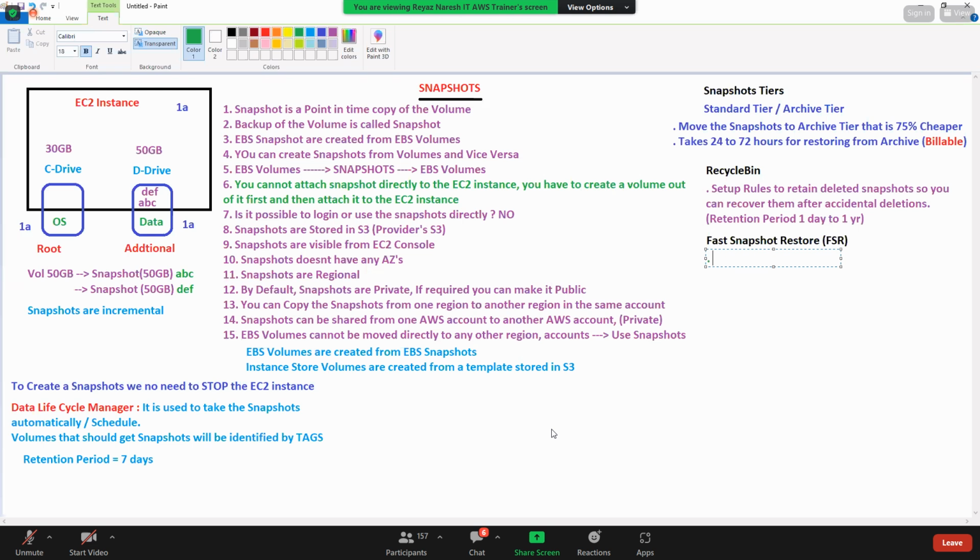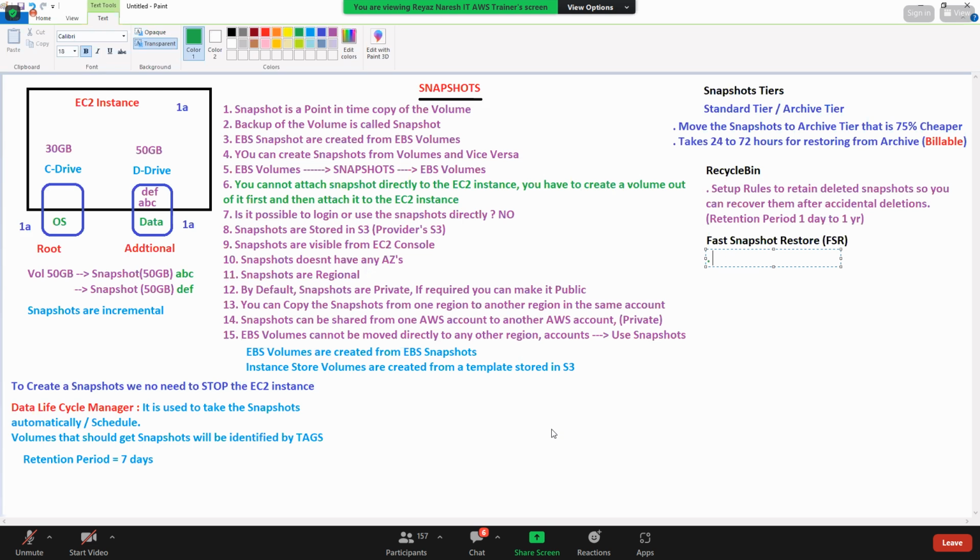It will take time, because it's 500 GB. Can you use that snapshot until it is finished? You cannot. And when you're creating a volume from a 500 GB snapshot, it will also take time. But if you want to use it immediately and get the full performance from that volume,